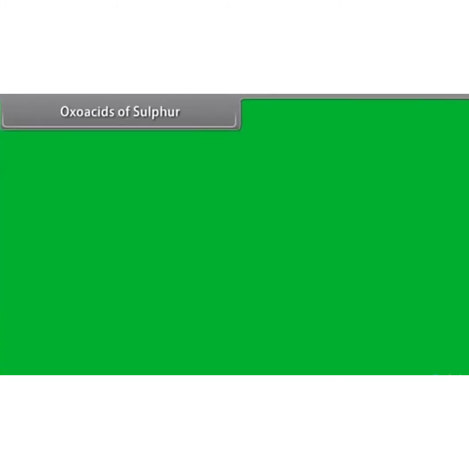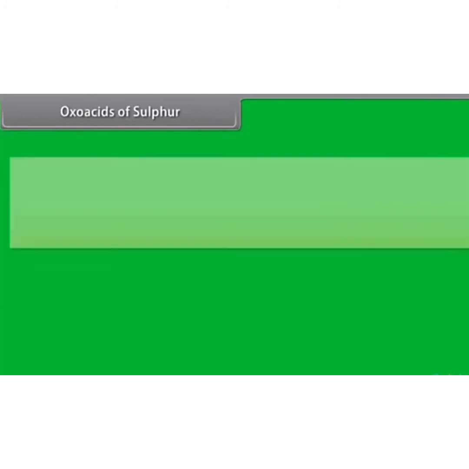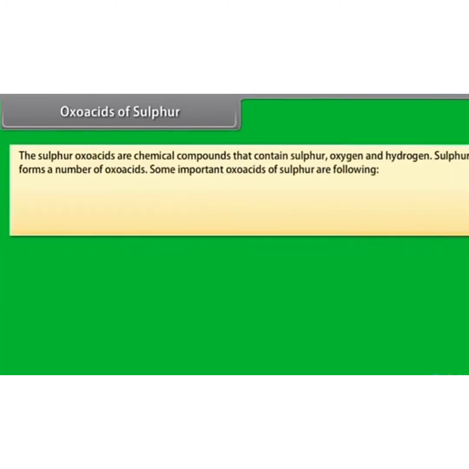Oxo acids of sulfur. The sulfur oxo acids are chemical compounds that contain sulfur, oxygen, and hydrogen. Sulfur forms a number of oxo acids. Some important oxo acids of sulfur are the following: